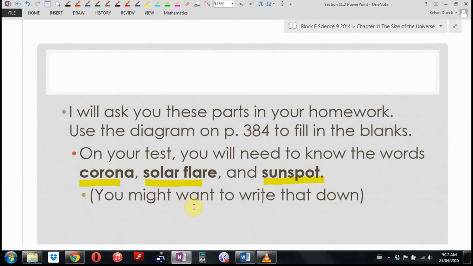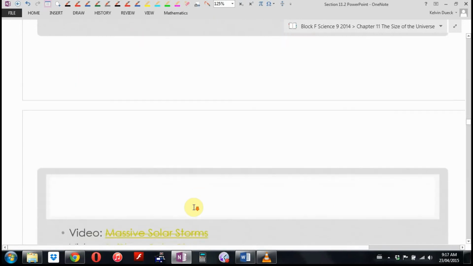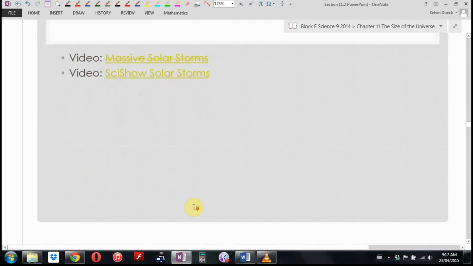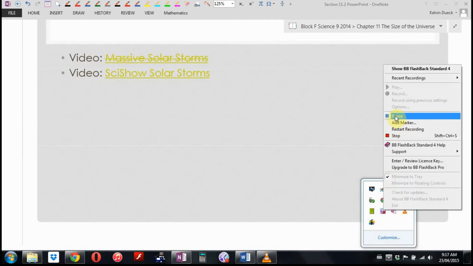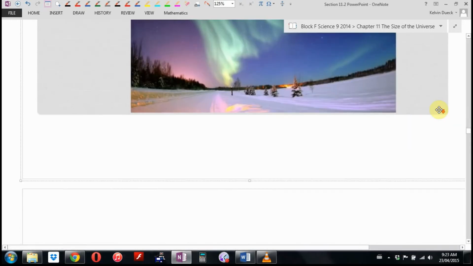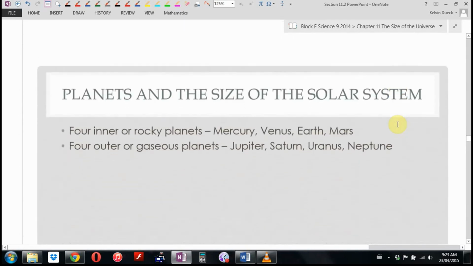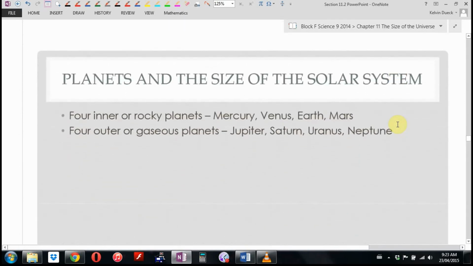Let's head inwards from the sun. What are we going to run into now? Turn the page of your notes over in just a second, if you haven't already. Oh, put your pencils down first. Solar storms. Northern lights, are they related to the sun? They are from the sun's magnetic fields. I'm going to show you that video later on. Instead, let's keep going. Pick your pencils up.